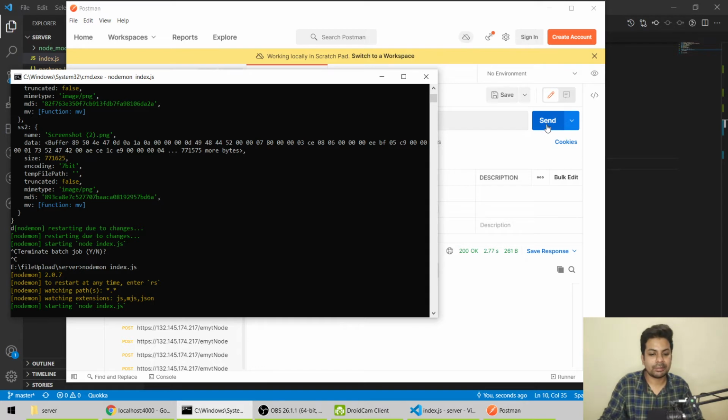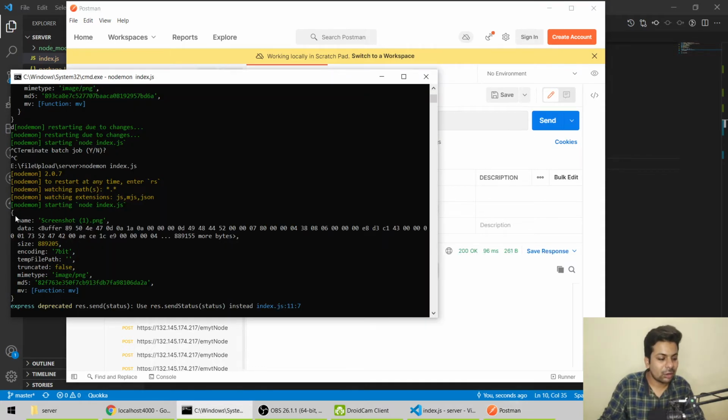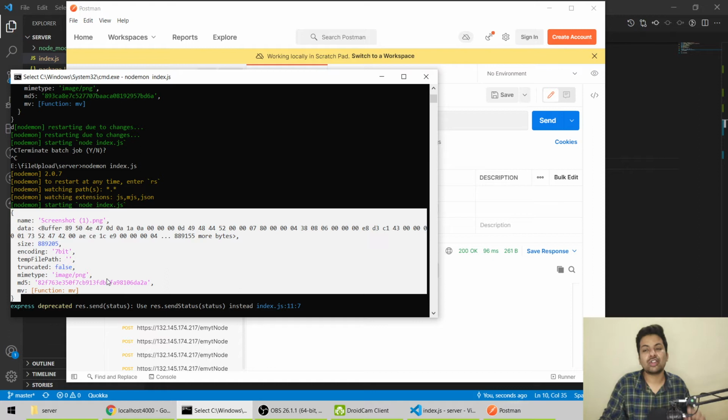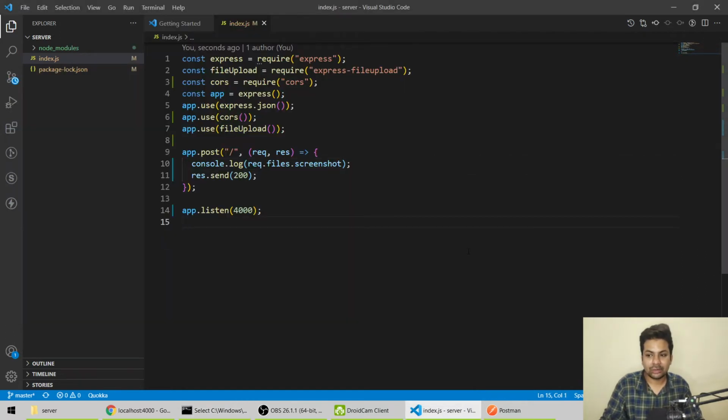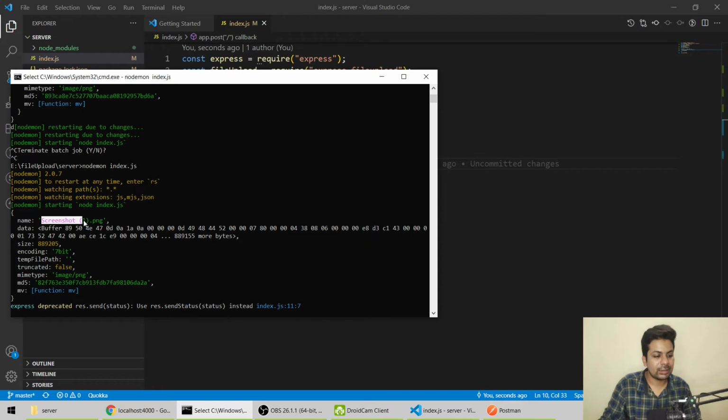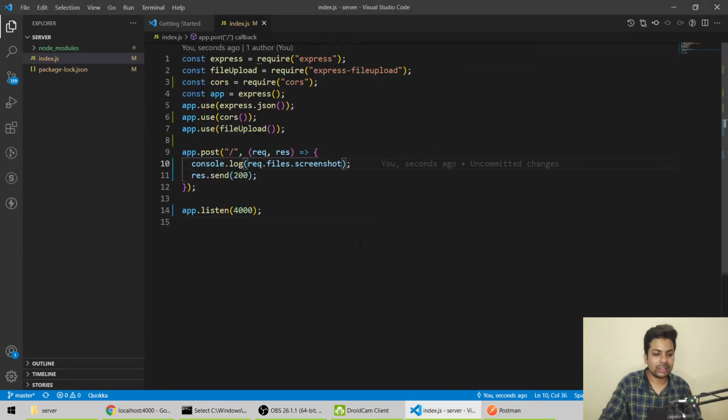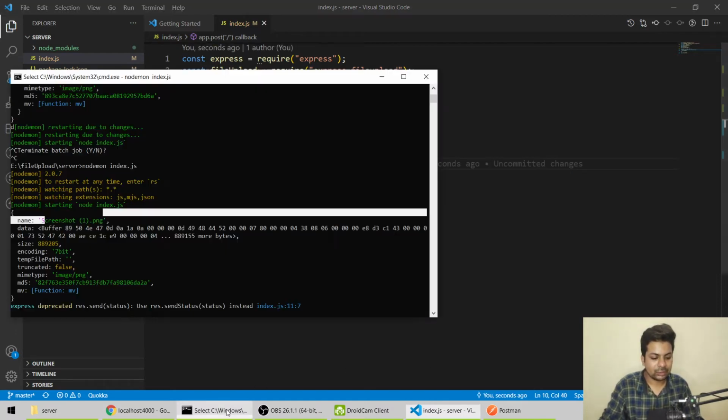Now if I send it, we see just one object. The screenshot name is gone because I'm directly printing the details inside the screenshot. It's the data and everything, same. After that we'll make an upload path, but firstly I have to save the name. So this is the name. How do I access it? dot screenshot dot name, like normal. Let me save it and show you again.